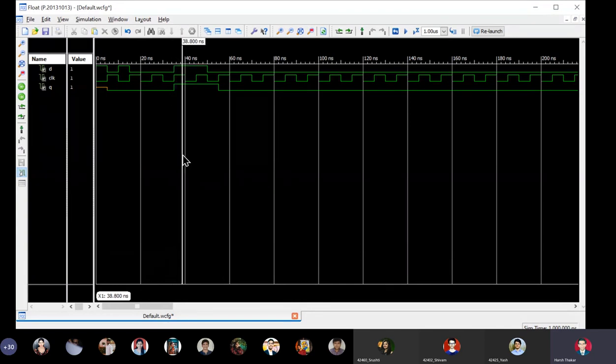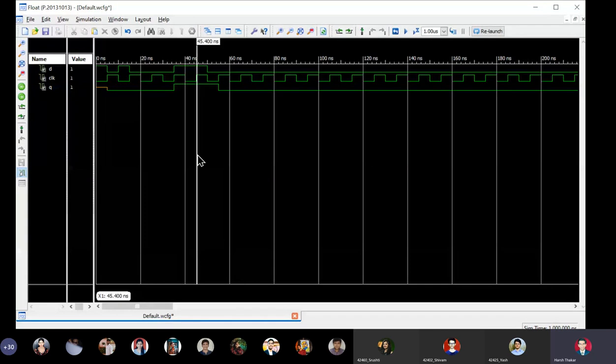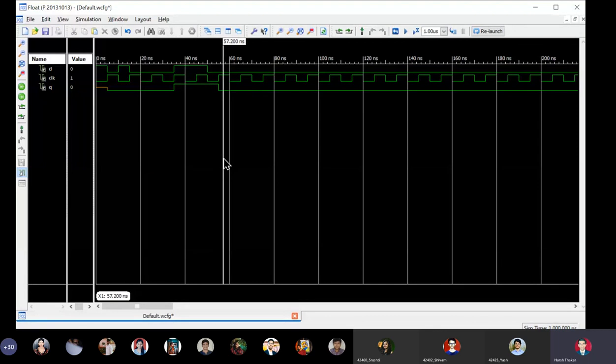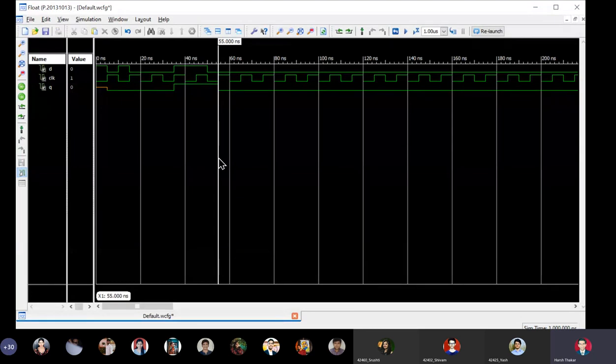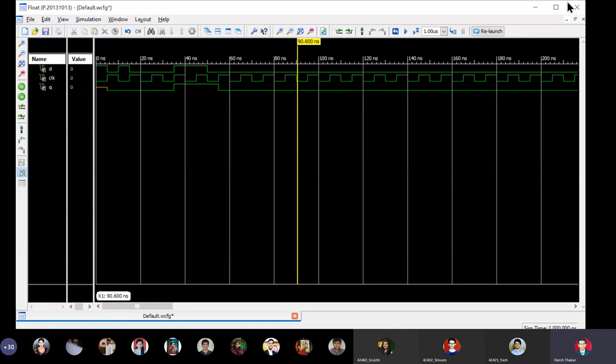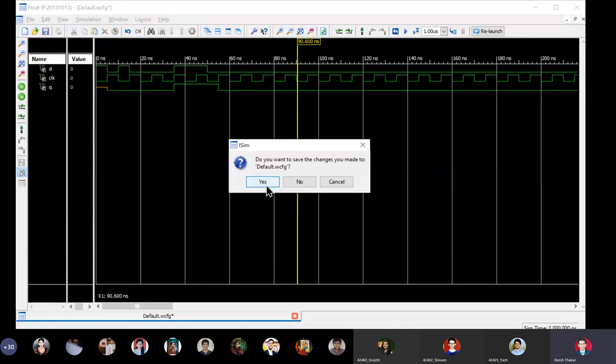Next rising edge, it again samples the value of D. It finds D equal to 1, and it continues. And it goes on. At the sixth rising edge, that is this rising edge, it has registered D equal to 0, and immediately it has become 0. So this is how it is. This is the simulation of the D flip-flop for the same data input sequence which we gave to the D latch.